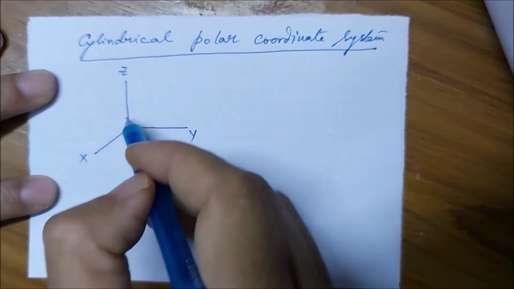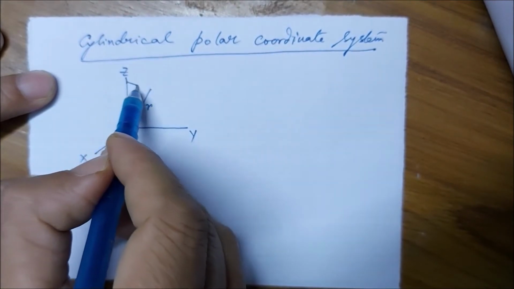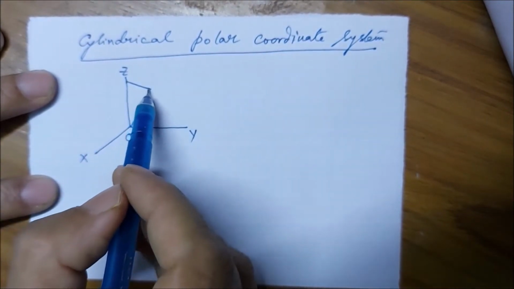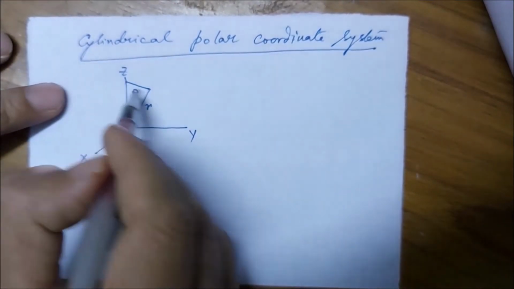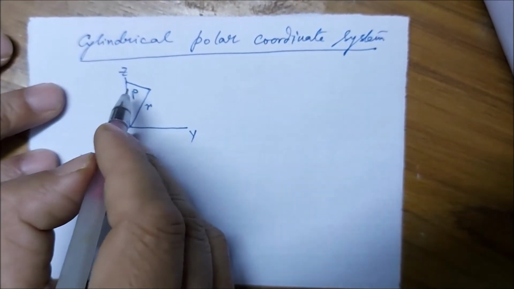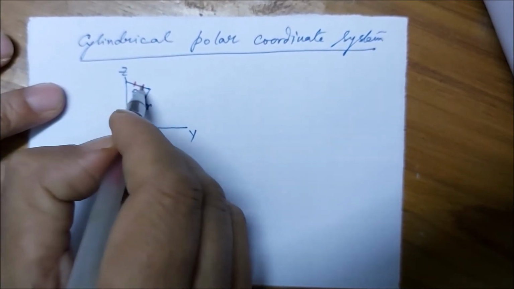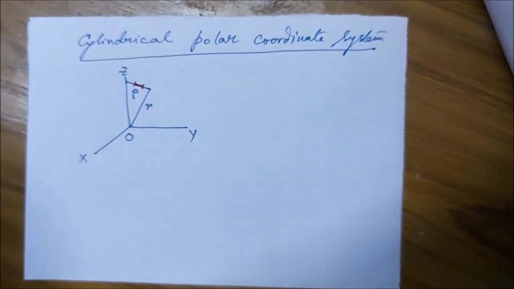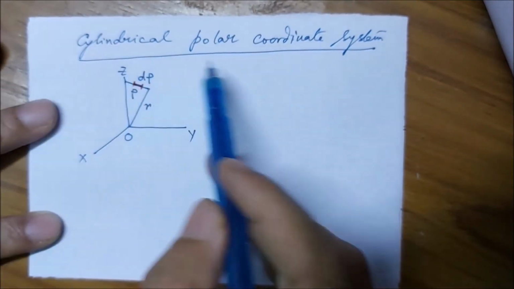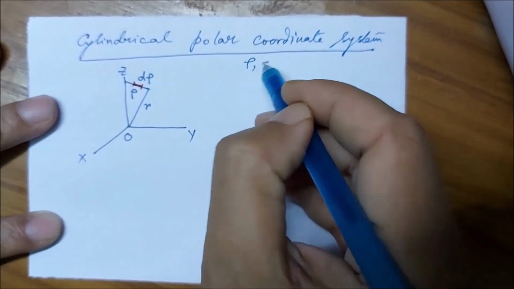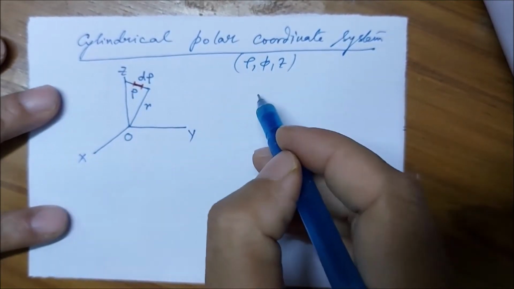This is the origin and this is r, and the distance of this point from the z-axis is rho. A small element of this line, say this distance, is d rho. Cylindrical polar coordinate system consists of rho, phi, z. We have got d rho, and